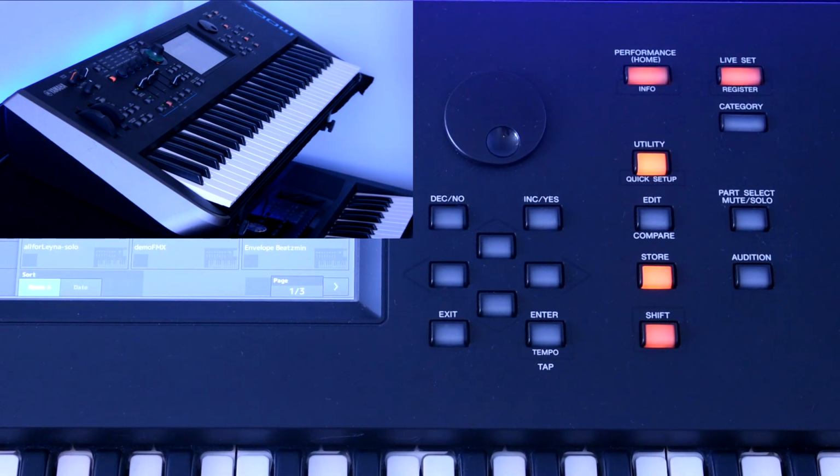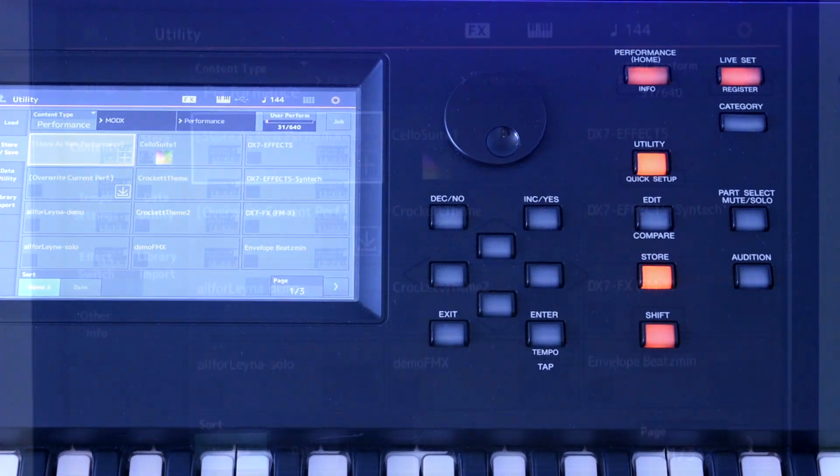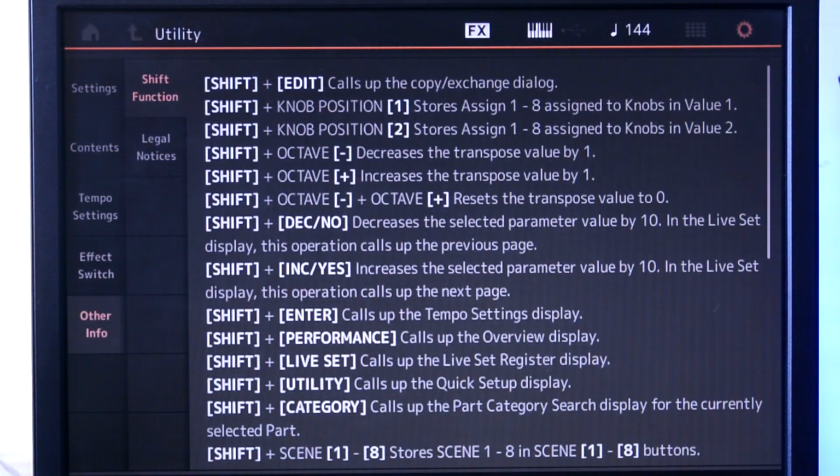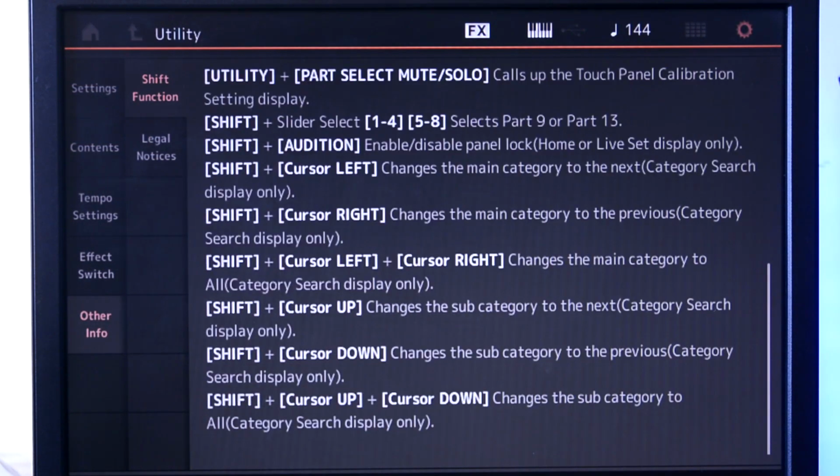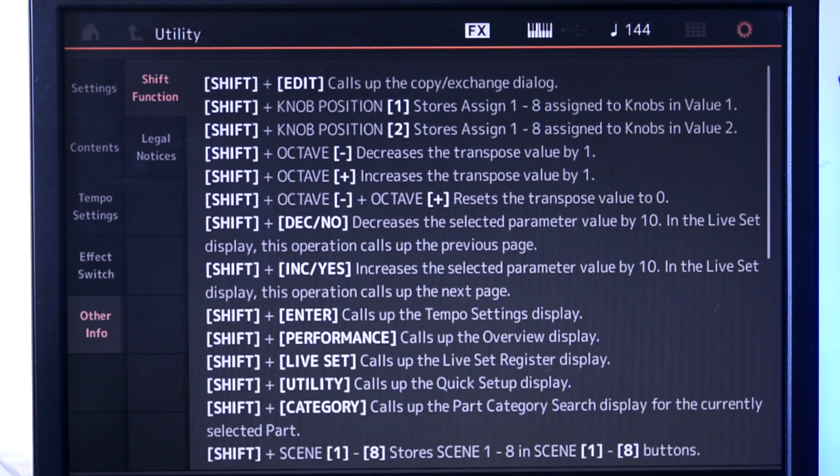One thing before we get started, you can find this in utility, other info. And you scroll down, there's a 2-page list of these shift functions. And you can see all of them here. I've gone through all of them, and I think some are more useful than others. I picked out 5 that I feel are super, super useful and I use in my daily work with this